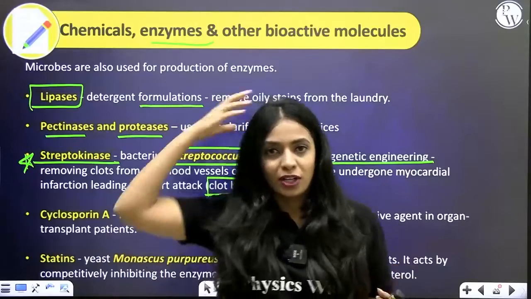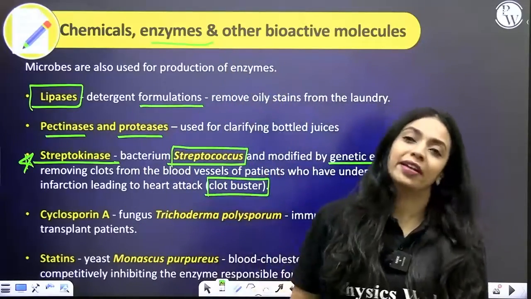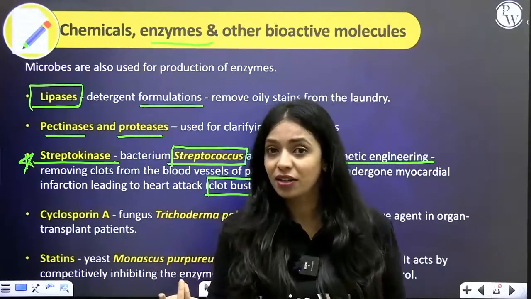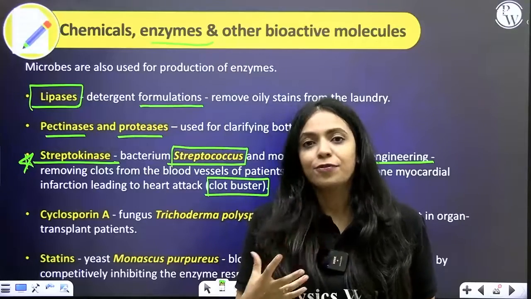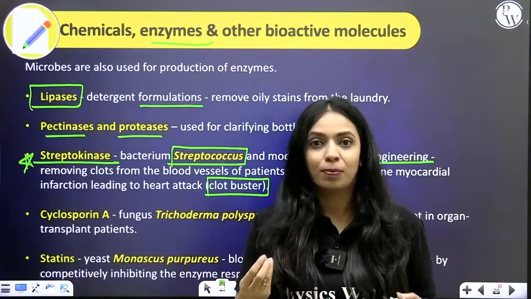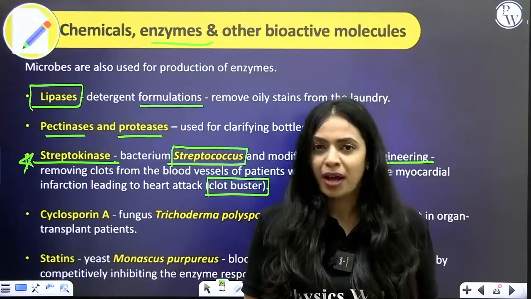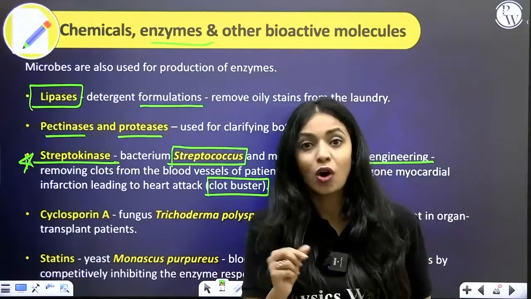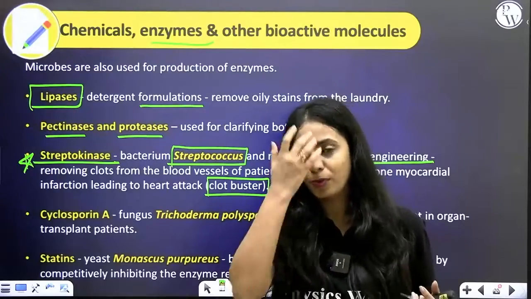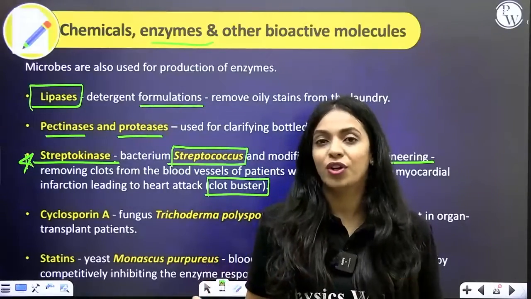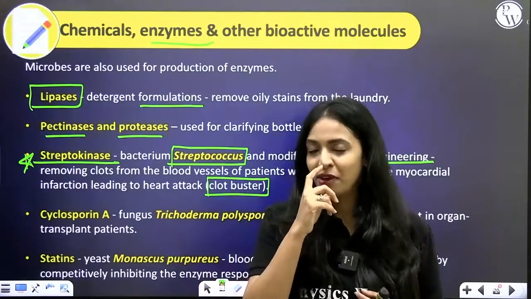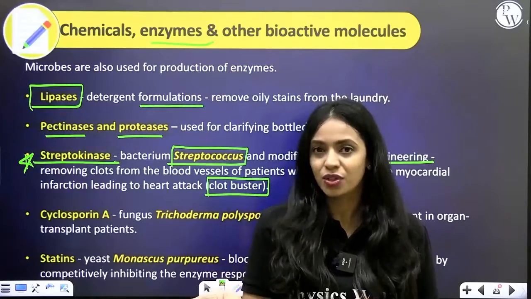If there is a clot in your brain and the brain does not get sufficient blood supply, it could result in a stroke. If your heart is not getting sufficient blood, then it could result in a myocardial infarction. So clots could happen anywhere in any part of your body. Whichever part of your body is not receiving blood properly will be affected, because blood is what carries oxygen and nutrients, right?